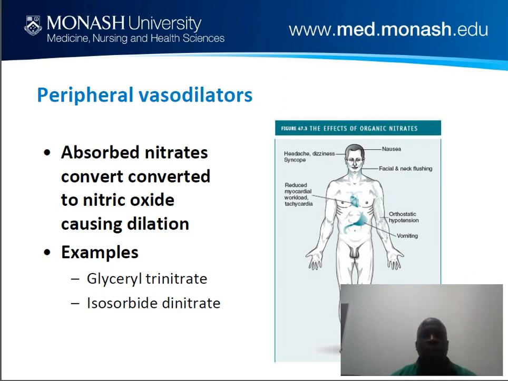Now let's look at drug treatment. We have peripheral vasodilators as one of the options for treating heart problems. We have what we call nitrates. For example, absorbed nitrates are converted to nitric acid. Once converted, it causes vasodilation. It dilates the blood vessels. Once the blood vessels are dilated, it relieves the blood pressure on the vessels. For example, these drugs are glyceryl nitrate and isosorbide dinitrate. These two drugs are called vasodilators. The nitrates which increase